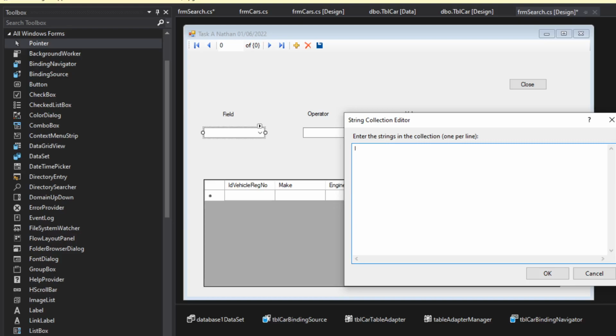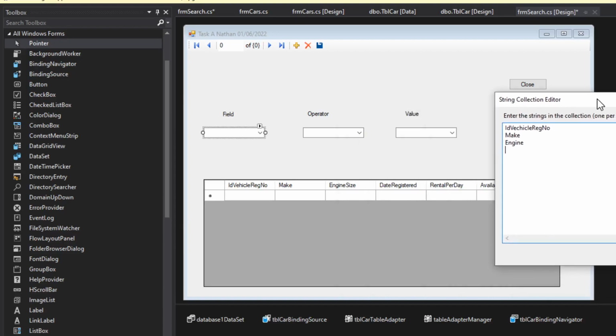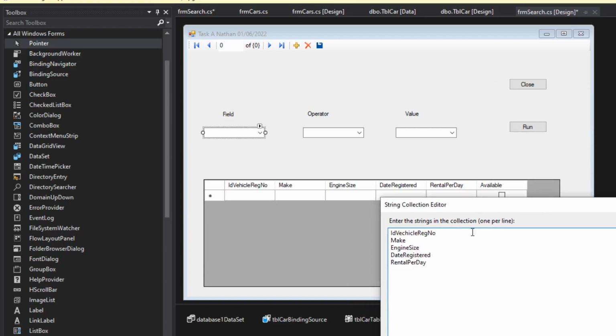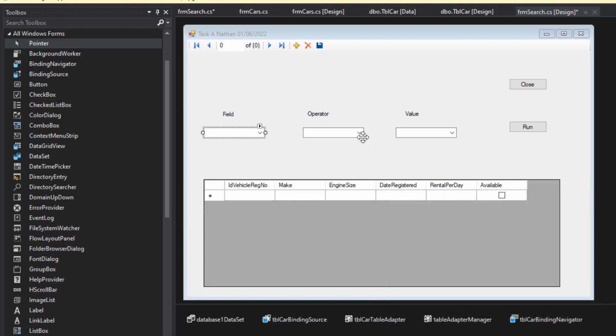So let's say, I'm going to say ID, vehicle, reg, number, make, engine, engine size, day, registered, rental per day, and availability. Okay, so if we press OK,